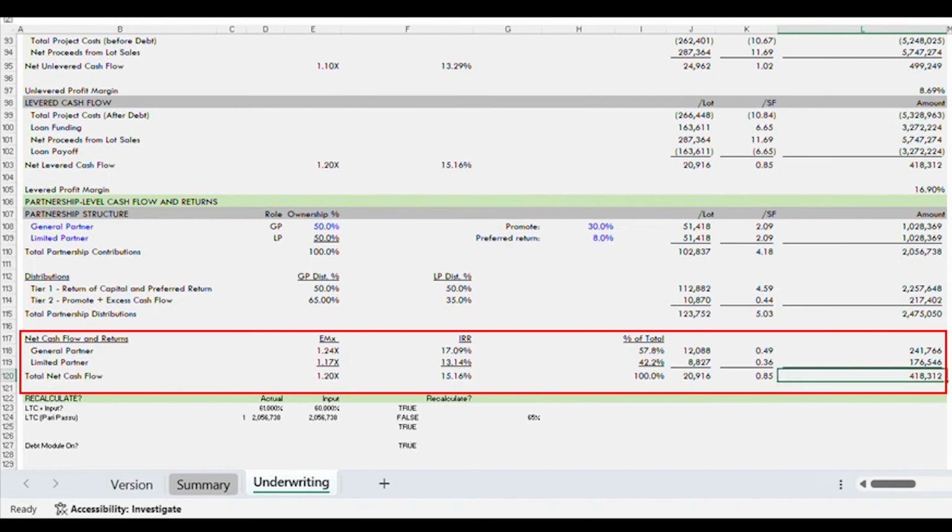And again, at this point, I'm just modeling. So it's just figures on paper. I'm going to revisit this in just a second and show you how we can manipulate it to get it to my preferred return and to the return that I want to give to my investors. And quite frankly, sometimes I might have to lower my promote if I'm going to pay a little bit more for the land than I want to. So it's very simple. Total costs netted out against my total sales gives me a net proceeds of right around